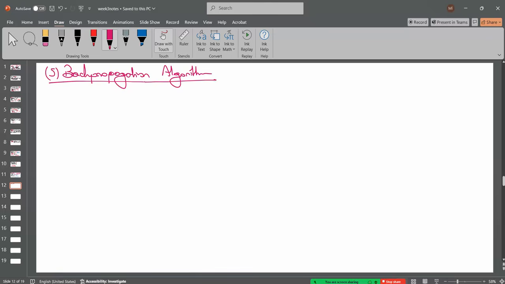The Nobel Prize has been won by the derivation of this algorithm by Rumelhart. Okay, so